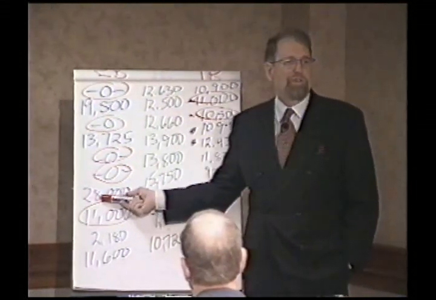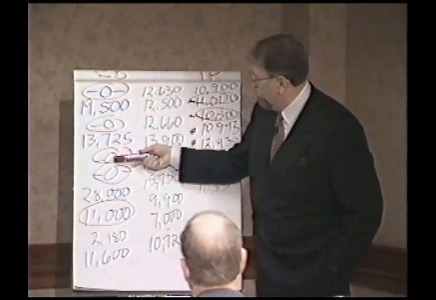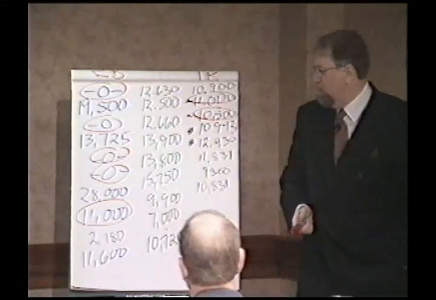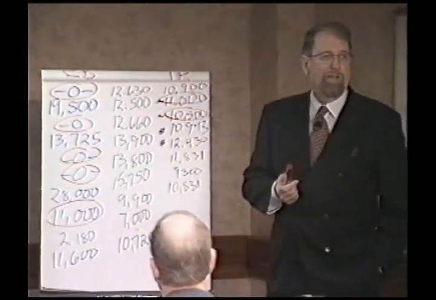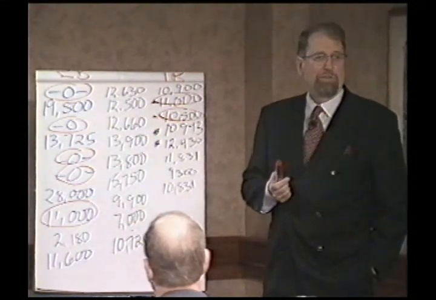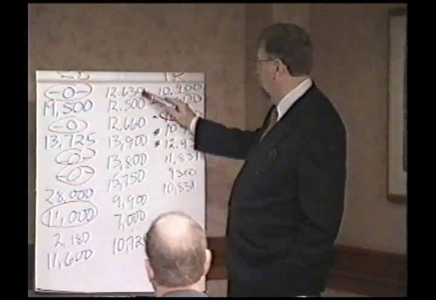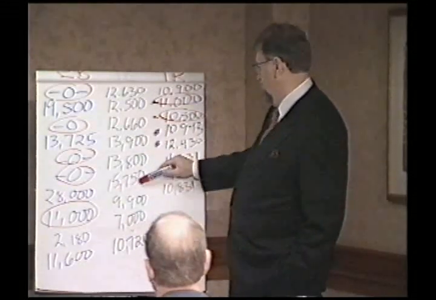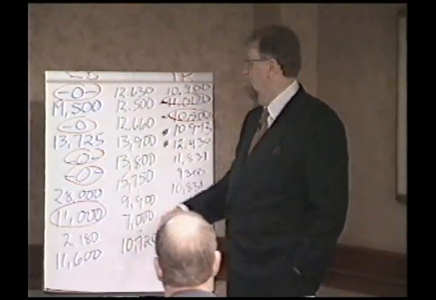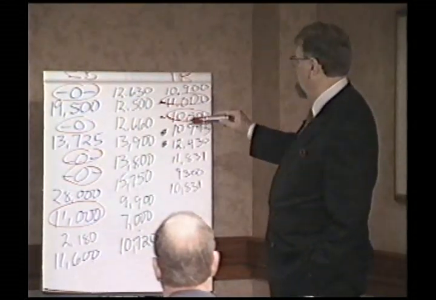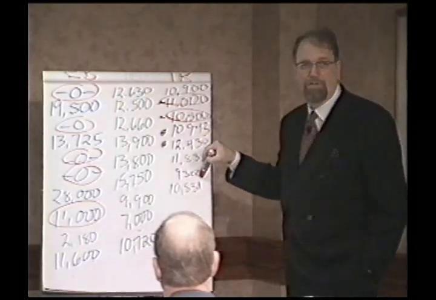Highest number is on the ones who got to go for it. But we also had 1, 2, 3, 4 bankruptcies on that side and 5 losers. Almost half of them lost money. On this side, we only have 2 losers, but we're getting up to half as much as this. And on this side, we don't even go as high. Our high is 12,000, but we only have 1 loser.